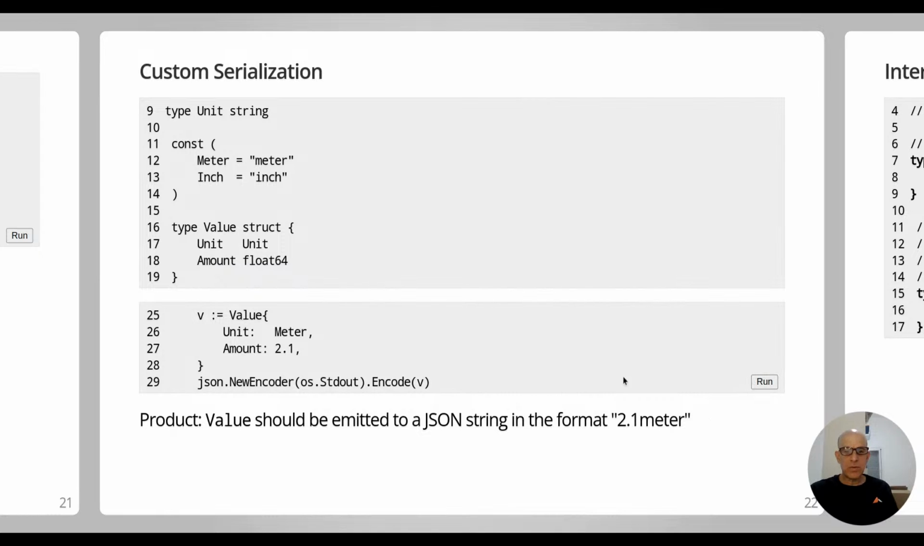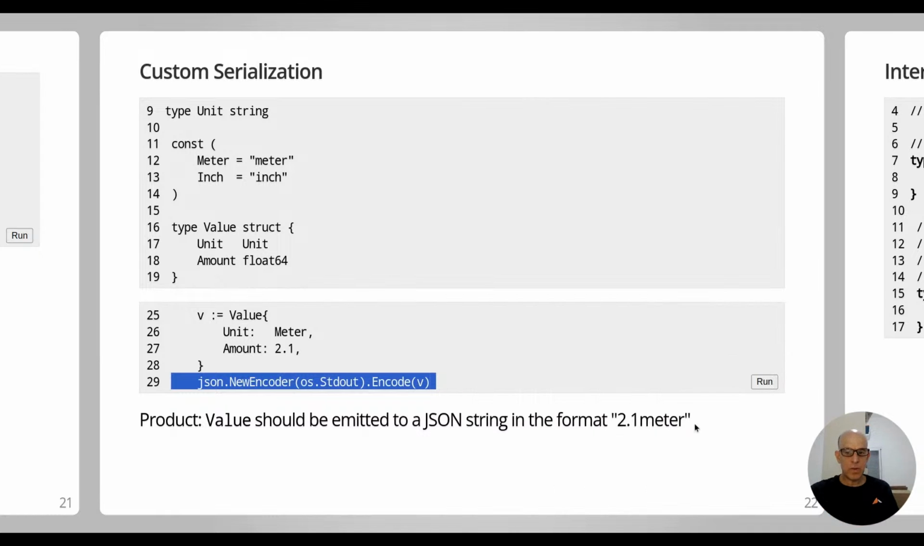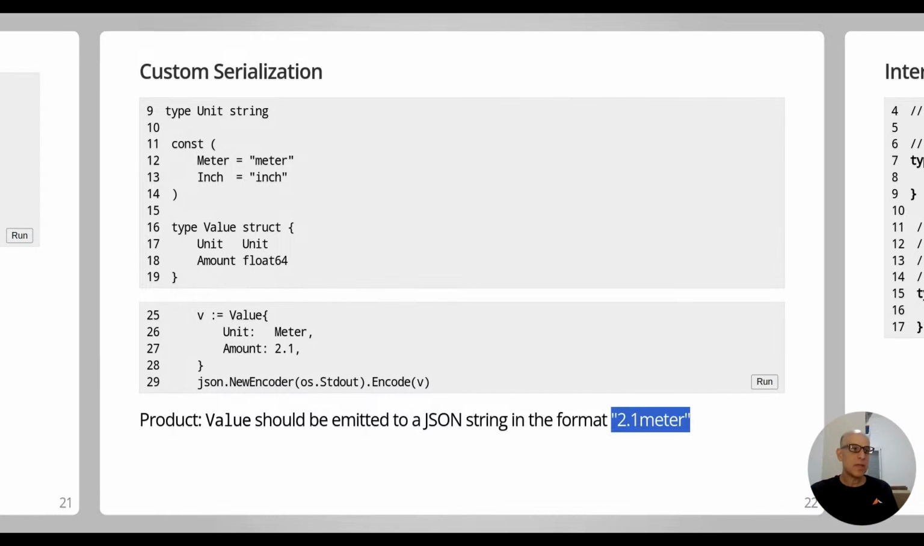And if I'm going just to run it, so right, I'm creating a new encoder to the standard output and I'm encoding the value. If I'm going to run it, this is going to look like this, right? The unit, and you see it's in capital U, and then there is the amount, which is 2.1, and this is what we get. But product comes in and says, no. We want it like this in the JSON document. We want it to look different than what you